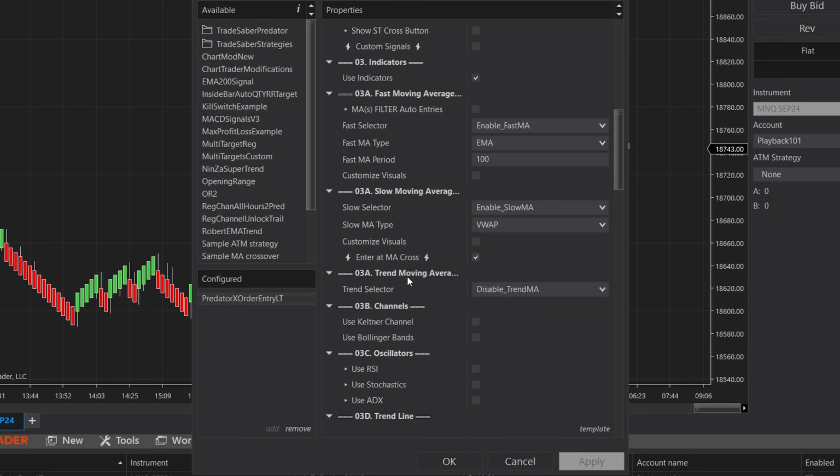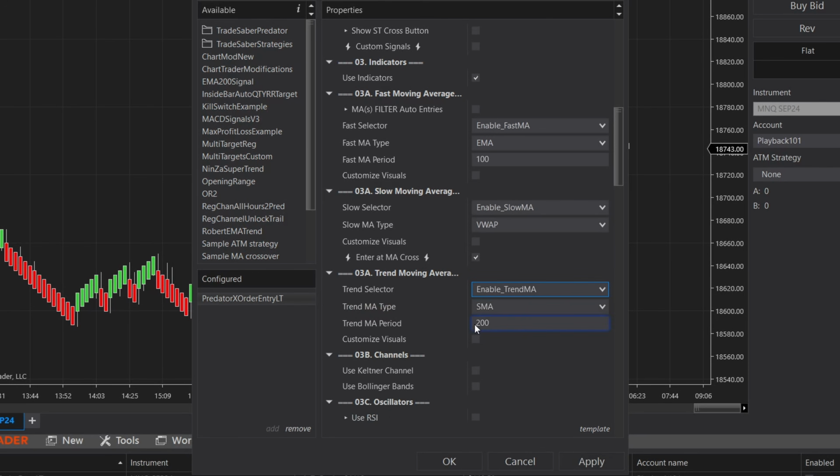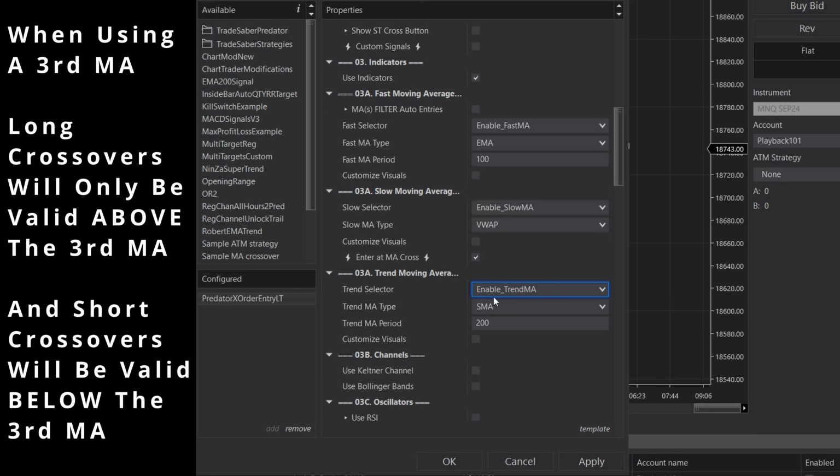It's finally added into the Predator, is the trend moving average. And this is just a third moving average that's going to help us filter out our trades even more. And yes, we can use this to filter out our MA crossovers as well. So when it comes to MA crossovers, if we choose to have an extra filter, it's just going to take long crossovers that happen